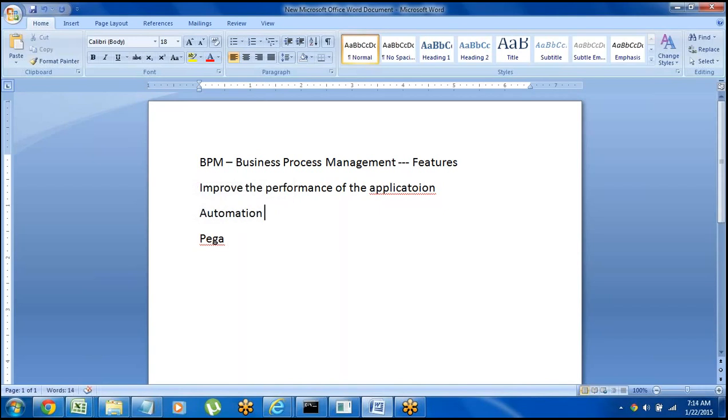The total application designing will be drag and drop only, meaning everything is available in the Pega tool itself. Just by using the available features, methods or functions, we can develop the total application. Everything is automated, and at the same time it reduces the development time. With all the inbuilt features available, the application development will be completed in very little time when we compare it with other traditional programming languages.